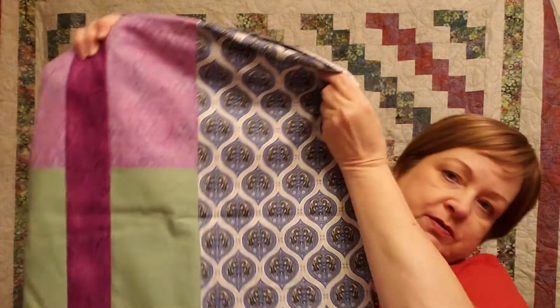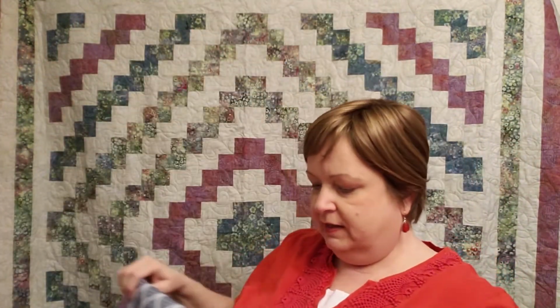It's mostly the blue, but it did have a few little pieces from the front that I had left over, and I like doing pieced backs to my quilts. I got those made, and then finally